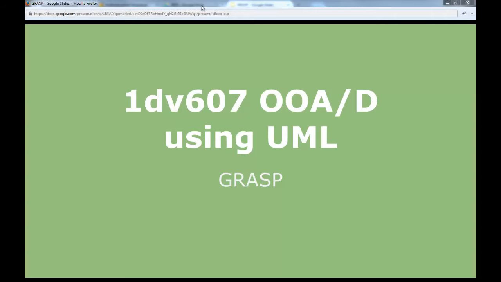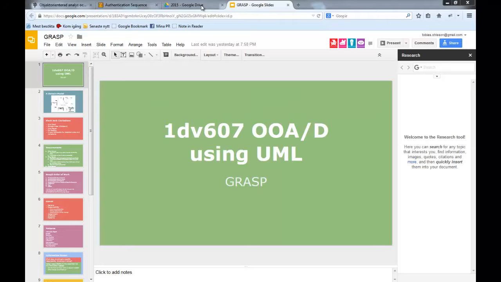We will be continuing with the GRASP patterns today and continue the implementation and design of our blackjack game. My hope is to manage to go through all the GRASP patterns this week, so you at least have a good foundation for designing the second workshop. However, first of all,